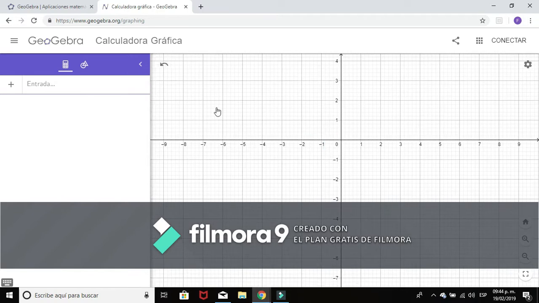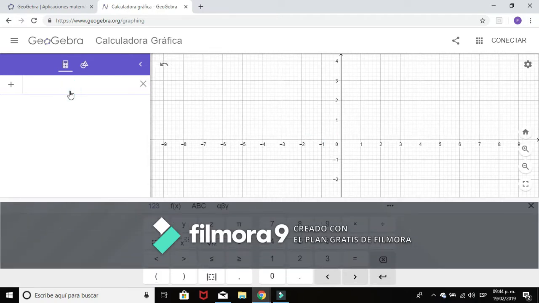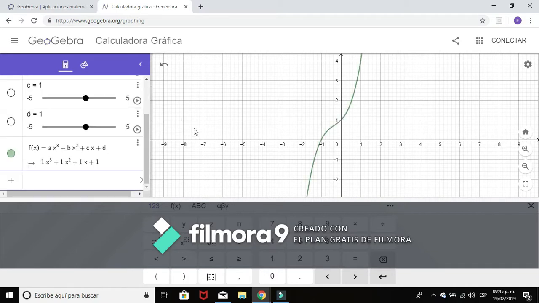So in this case, we are going to use a cubic function, in which we are going to define f(x) is equal to a x to the cube plus b x to the square plus c x plus d. So we give it enter, and we now have the function graphed